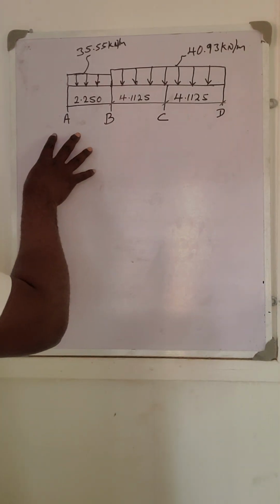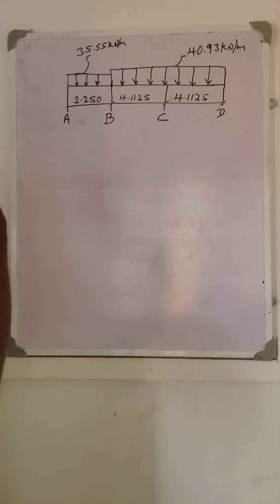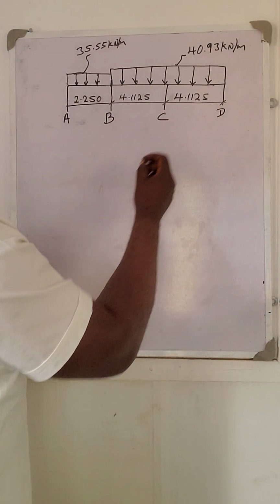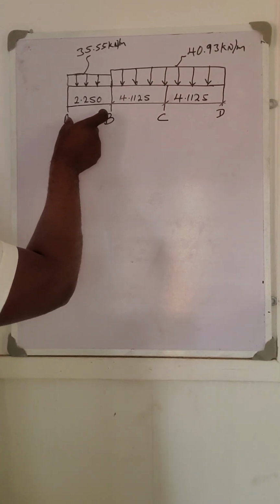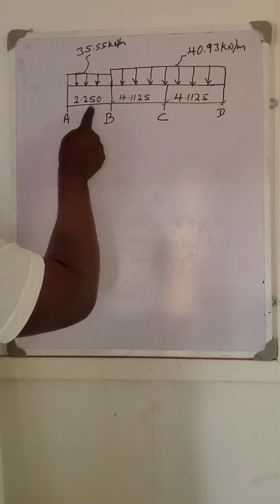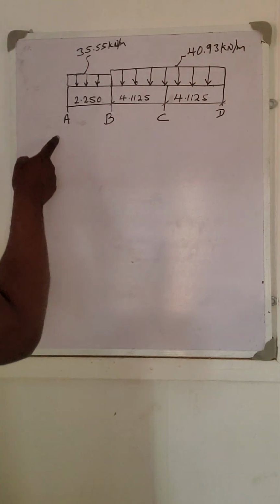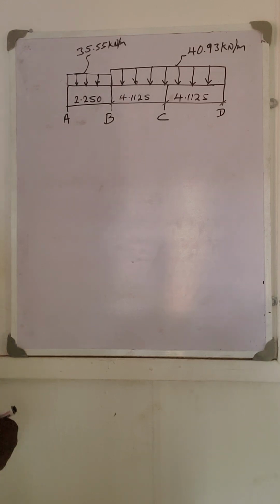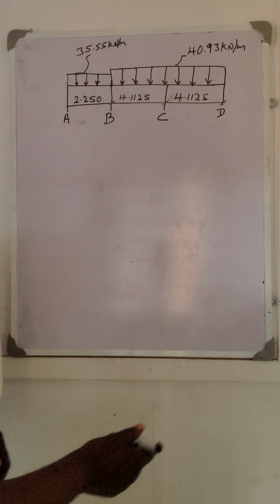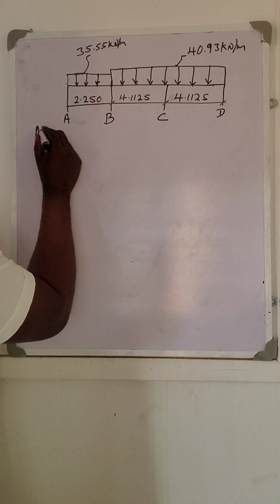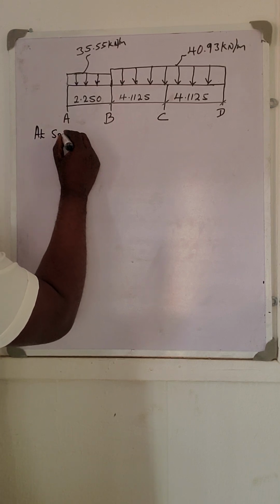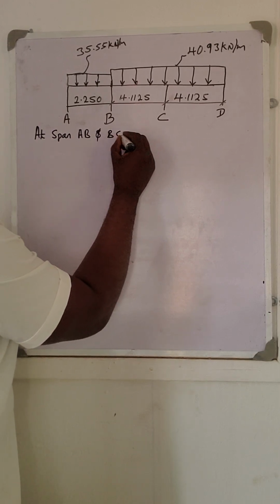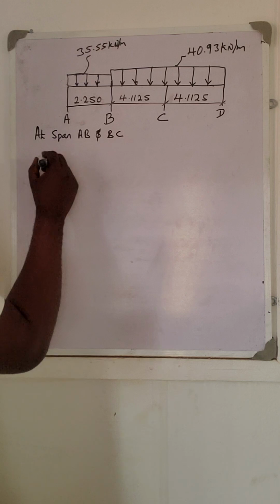All right. Now, if you want to make use of this three moment equation, we consider supports 1, 2, 3, 4. At spans AB and BC, we have three supports. Recall that at the outer support, the moment is equal to 0. So first thing first, I have to bring in the formula here. At spans AB and BC, the three moment equation is